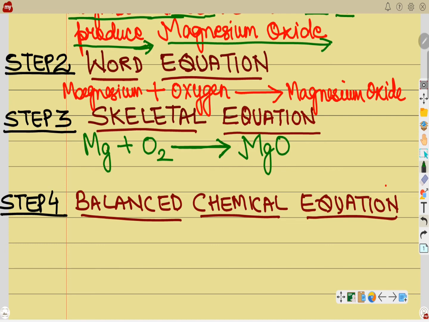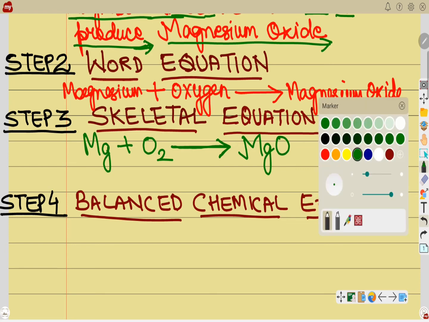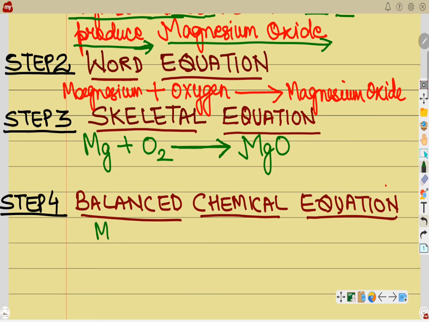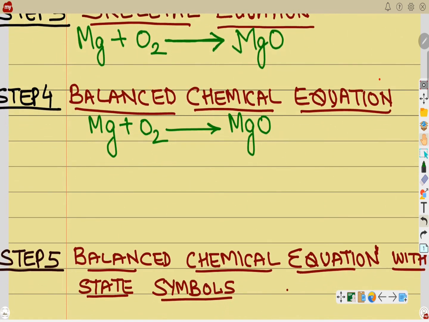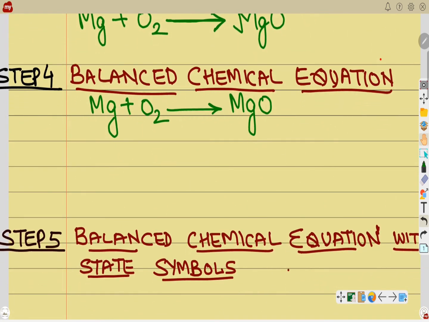How are we going to do it? That is also very simple. You just write this equation first here, because now we are going to balance this equation. How will we balance it? Just find a very simple method. For that, you just write a box. For your convenience, you can just write a simple box like this.